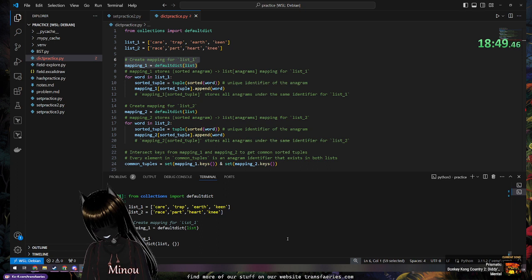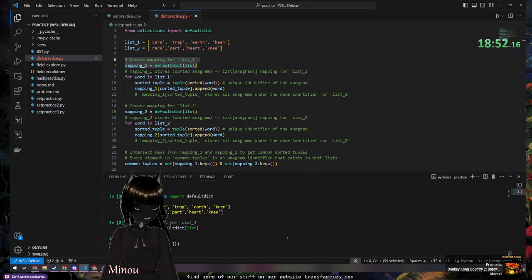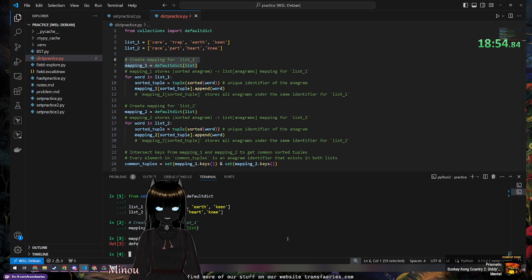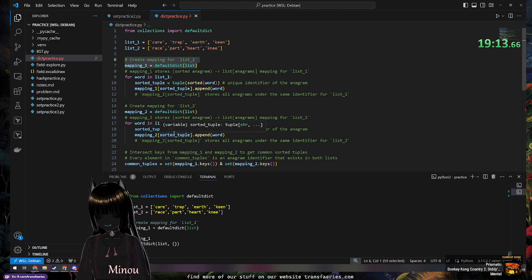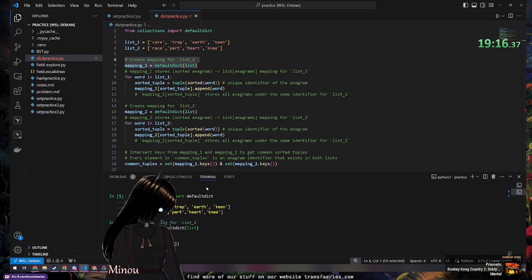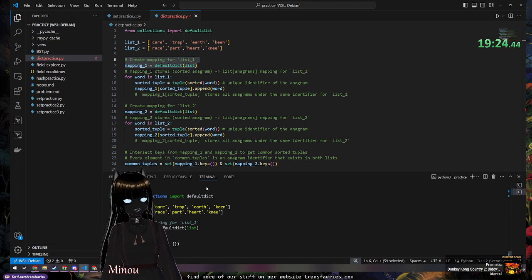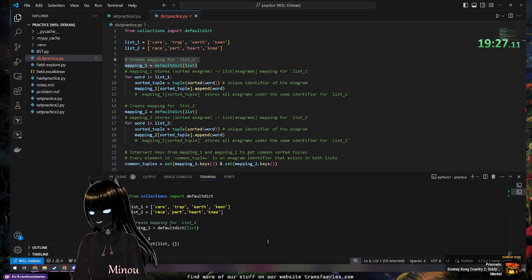So you want to use defaultdict list so that it is ready to accept a list. So with this, we're able to say for every item in list 1, the key is going to be the tuple. The key is going to be the string that, for instance, I can tell you,